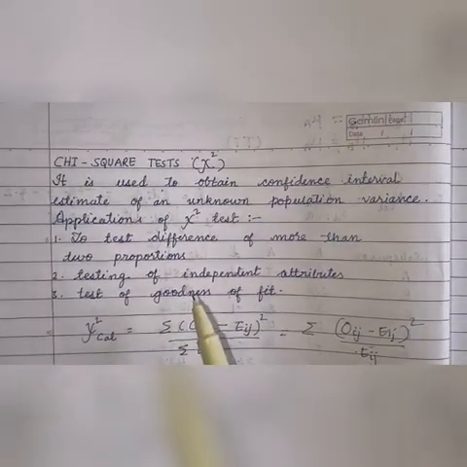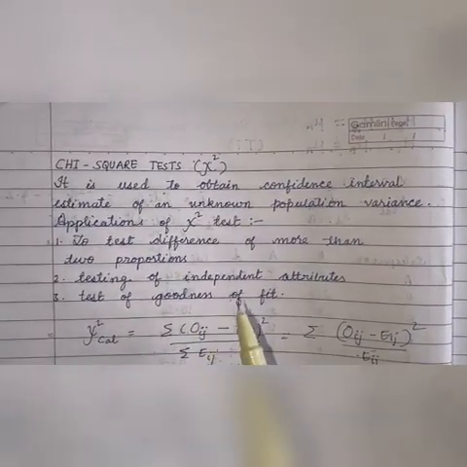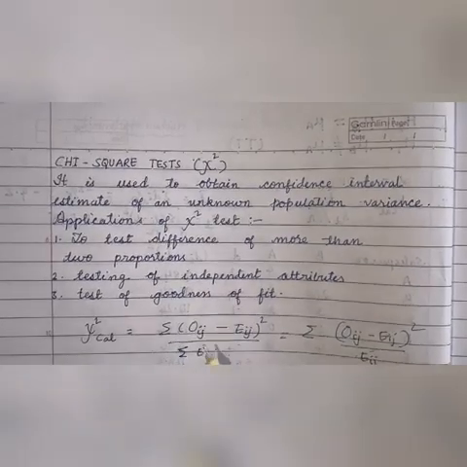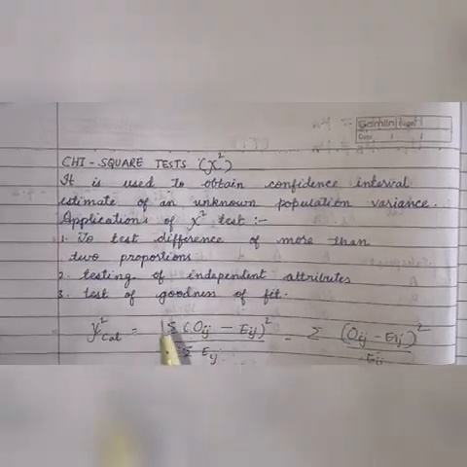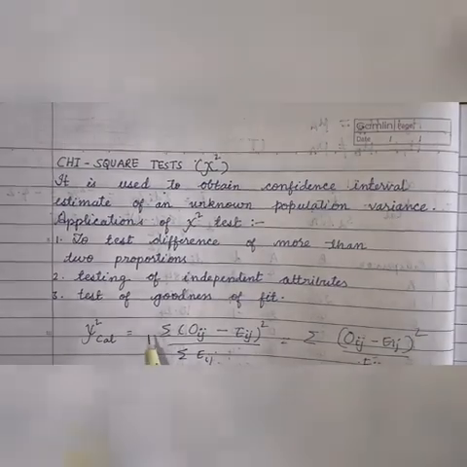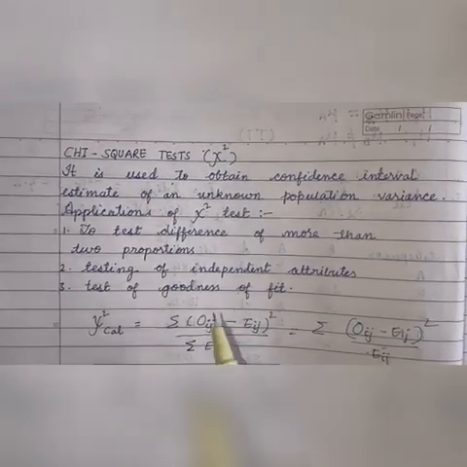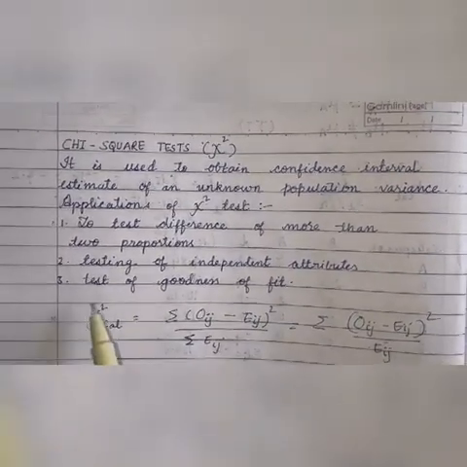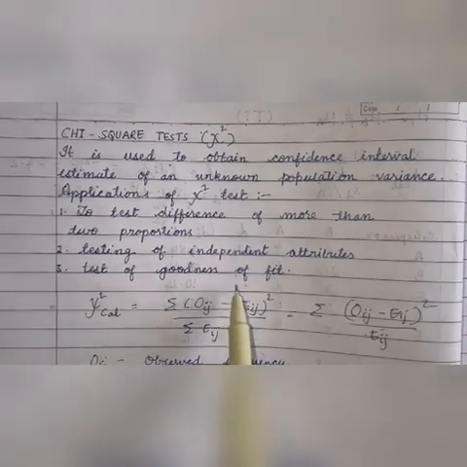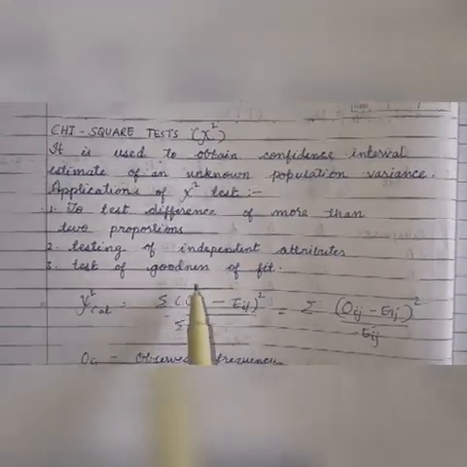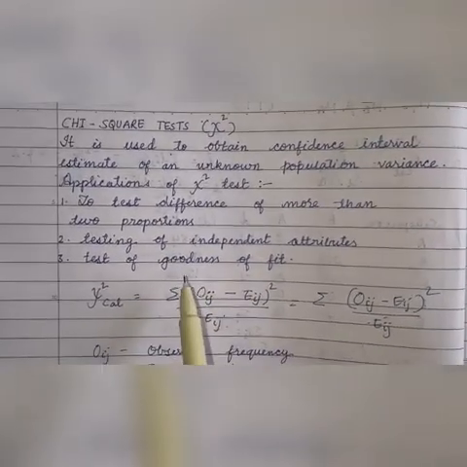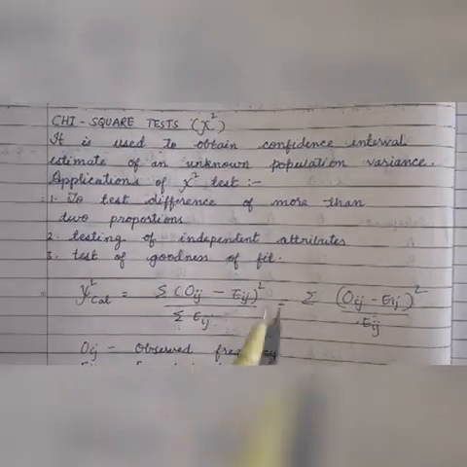You can check if you have two attributes, for example, in your analysis, you could see the association, if the attributes are dependent or not dependent of one another. Then third one is test of goodness of fit. You can see if a particular data given is a good fit data or not. Does it fit into the distribution or not?